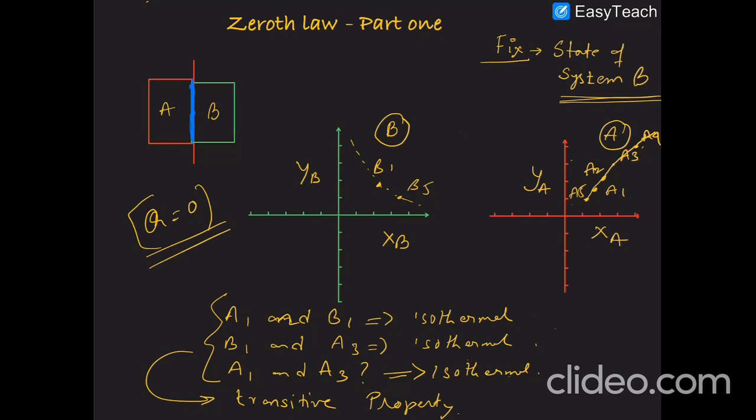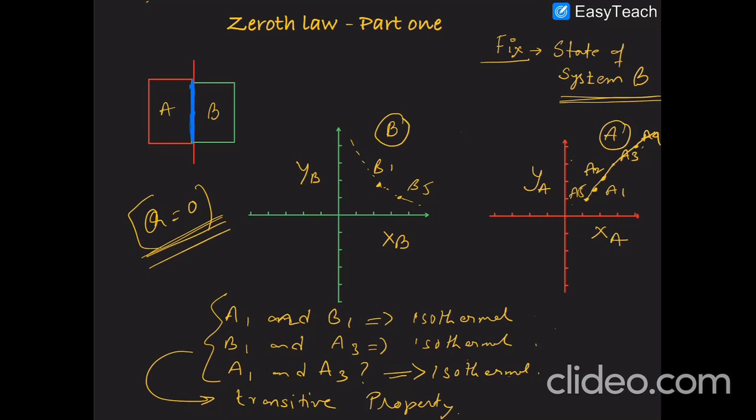As we appreciated, initially we have two states. Initially we have A1. If we fix A1 and we look for the state of B for which there will be no heat transfer, then we found that pair of states, what we call an isothermal state. Similarly, we fixed the state of system B, and we explored the different states of A, and we found that with this point B1, all the points in the locus A1, A2, A3 are isothermal with each other. They are in thermal equilibrium.